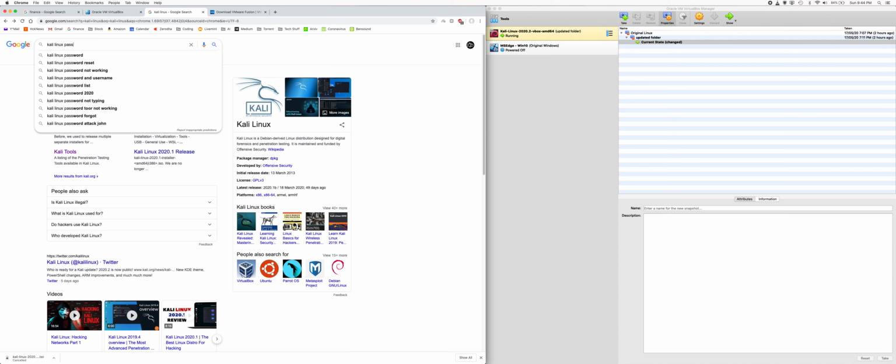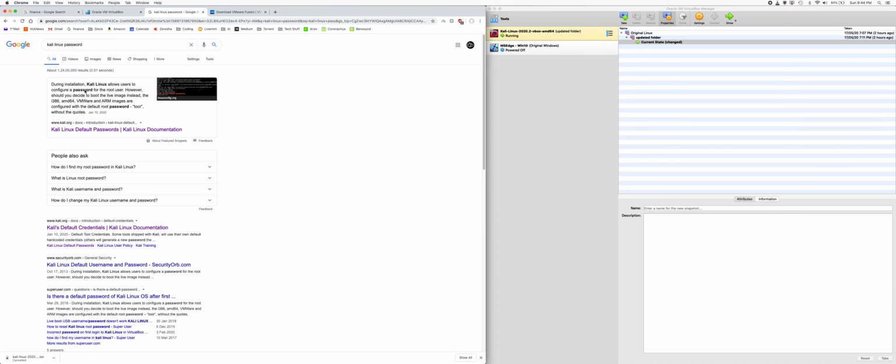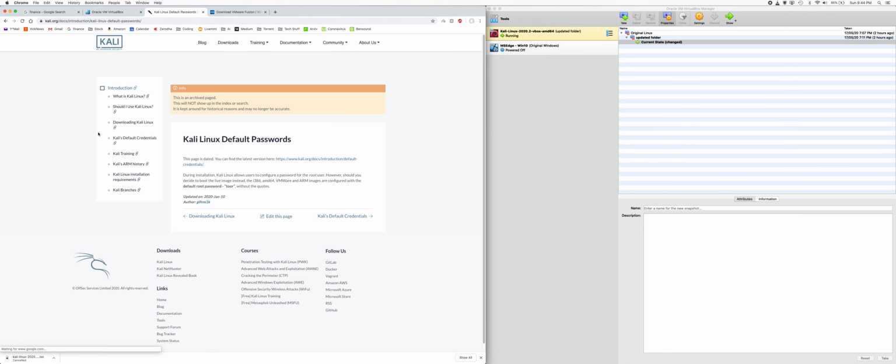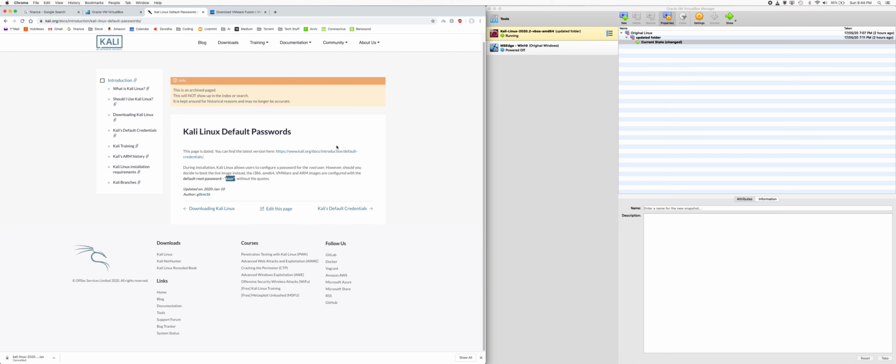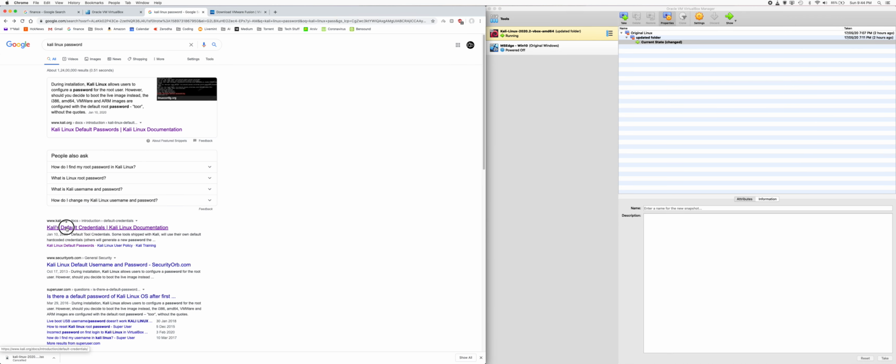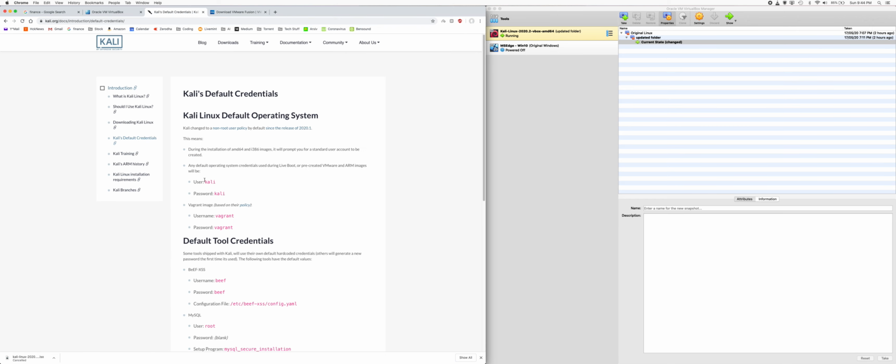See, I tried it with this default one and all that, it did not work. The one which worked for me was Kali. Default credentials, this one. Default credentials, Kali.